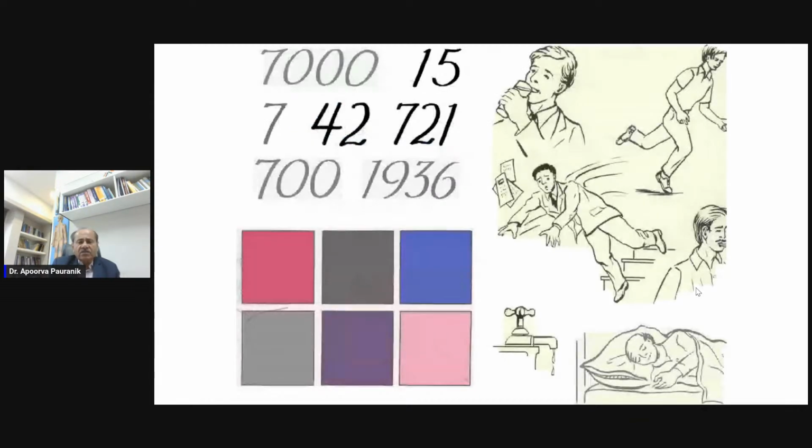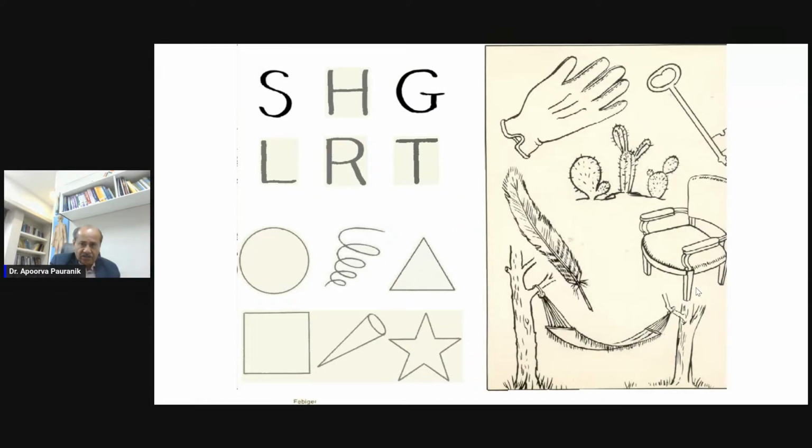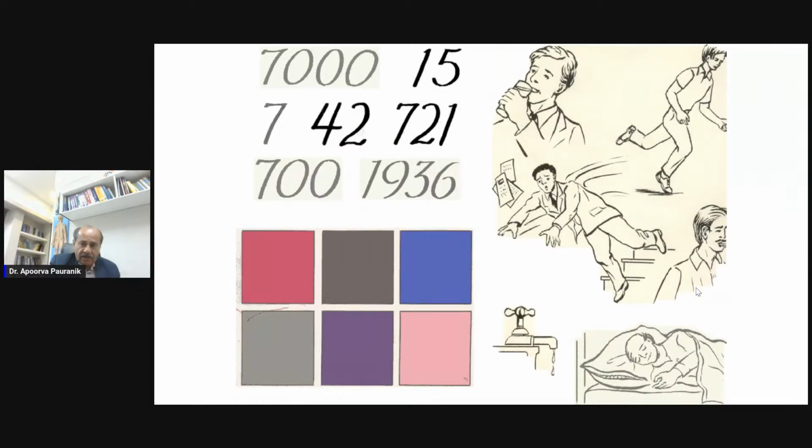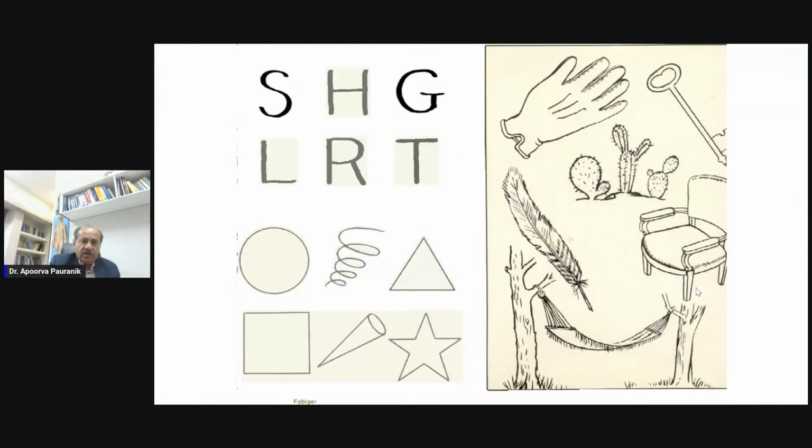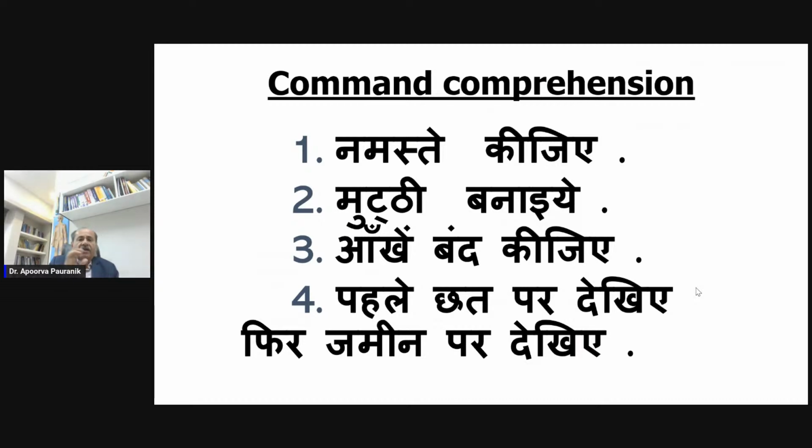These are other pictures which can be used for auditory comprehension. They are not Indian origin, but they are very famous, the Boston Diagnostic Aphasia Examination. So we can use grammatical shapes, colors, verbs, numbers and letters. Another way of testing the auditory comprehension is giving command comprehension. We ask, say namaste, make a fist, close your eyes, first look at the ceiling and then look at the